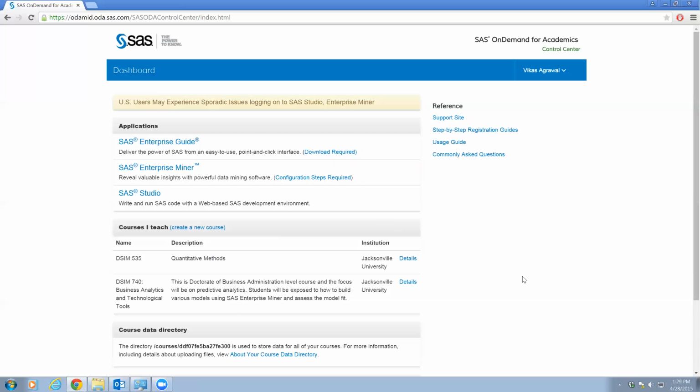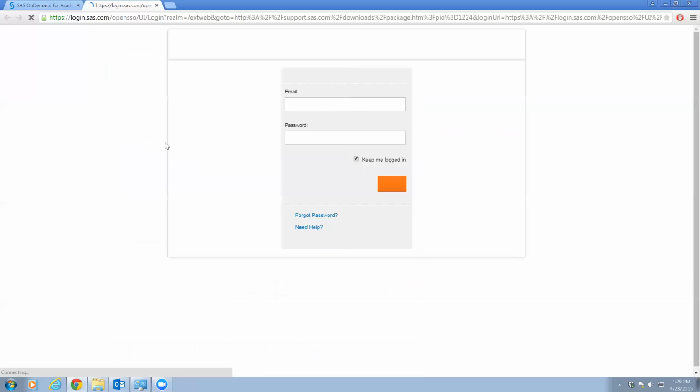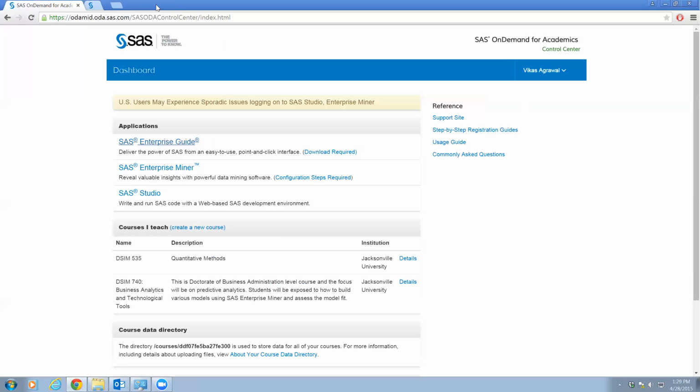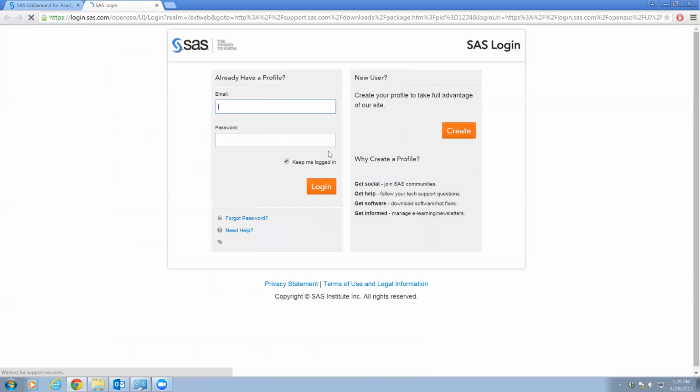Until that is working, I will talk about the Enterprise Guide. If you want to install the Enterprise Guide, you basically have to click on that link here and log in with your profile, which is avikas@gmail.com, and my password is goal0007. So that's that thing. And then once you log in here, let's say,